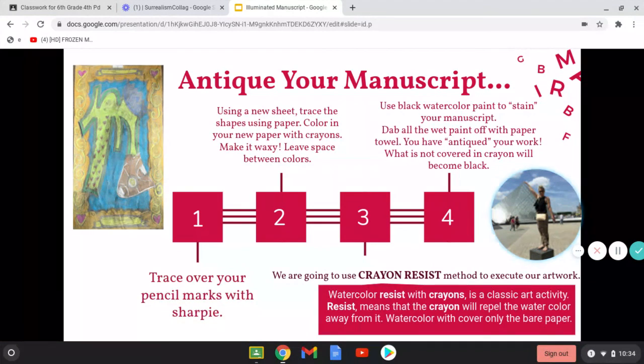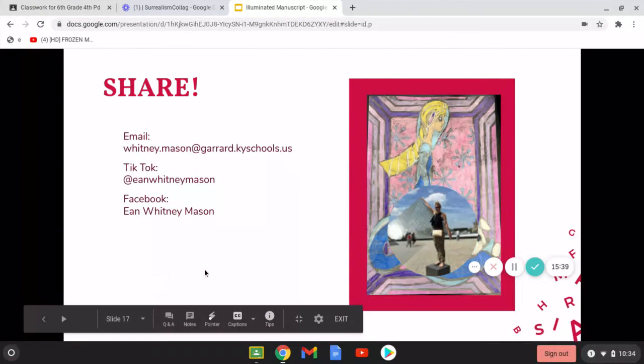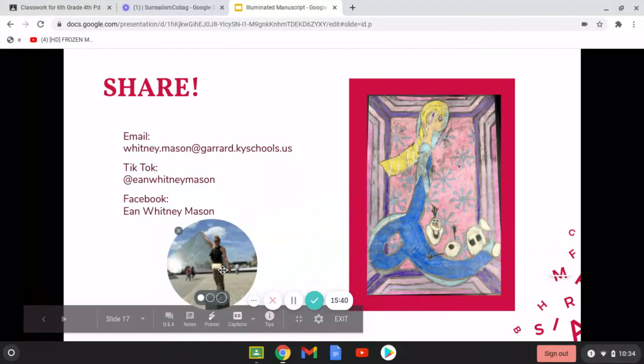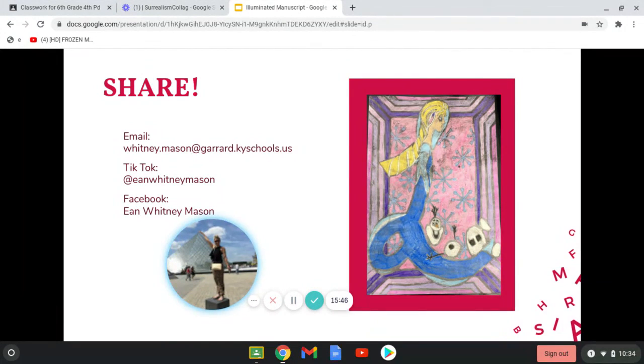You're going to use the crayon resist method to execute your artwork. Watercolor resist with crayons is a classic art activity. Resist means that the crayon will repel the watercolor from it. So watercolor will cover only the bare paper. So whatever you don't cover with crayon is going to become black. If you notice, I have a basketball court at the bottom of my M, on the right side of my M, and there's white. The way to get that white is that you have to use a white crayon. So if you want